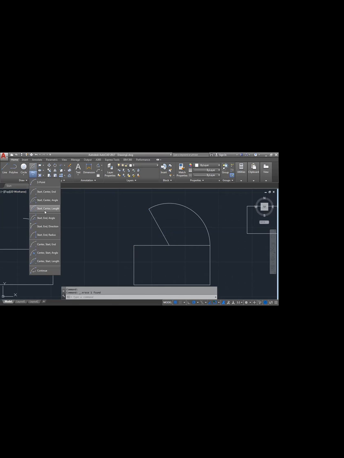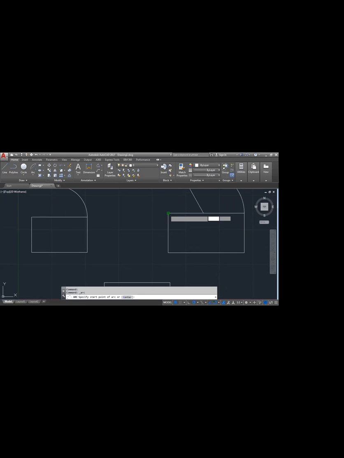And coming to next, start, center, length. Here length, it will ask chord length. Okay. Mostly we won't use it, but I will explain to you. Start, center, and length. From this point to this point, how much length it will provide. Okay. If I am mentioning 15, just the length of here, the chord length. Enter. See, the chord length is maximum 14.16. It won't get more than that, because center we have chosen here. If I'm using 10 as the length, enter. From this point, it will be 10. Okay.